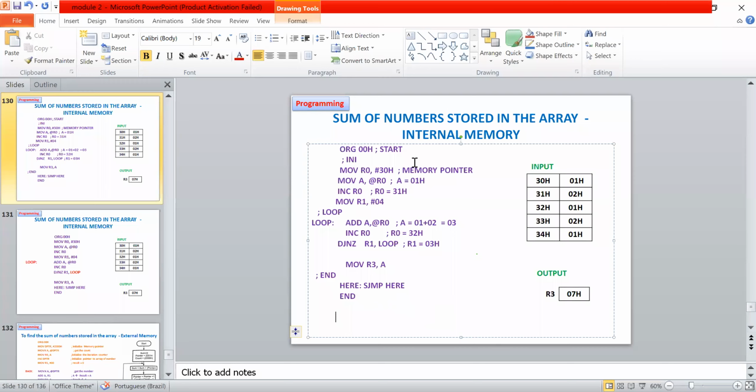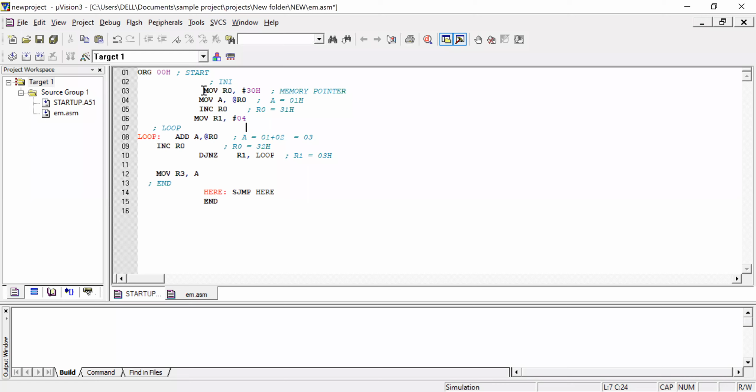So copy the same program. So we can place it in the software now, right? Same program. Let us see whether we are getting the answer or not.